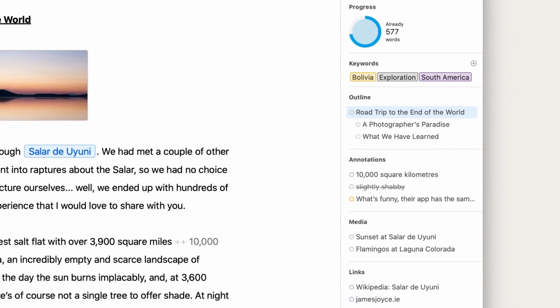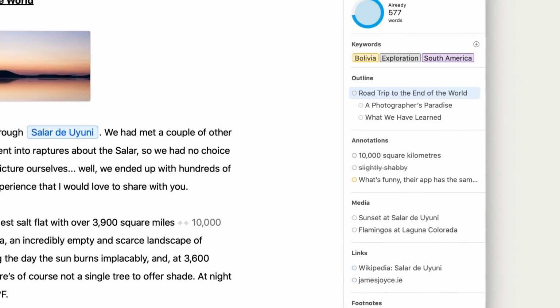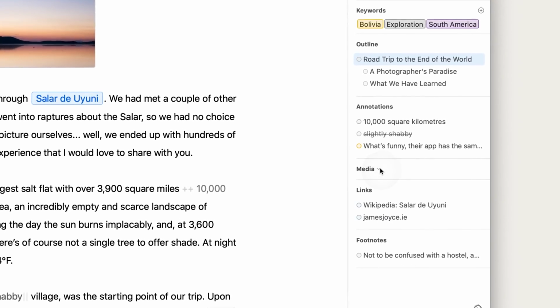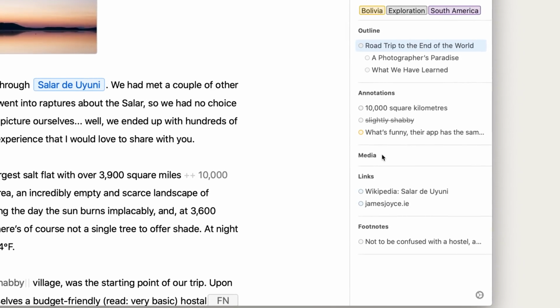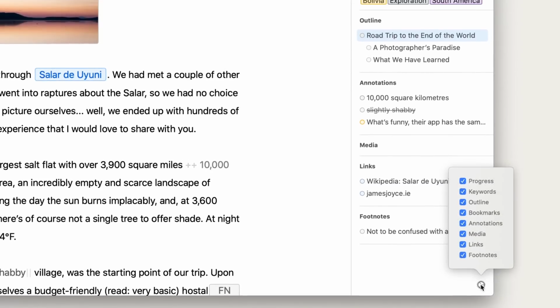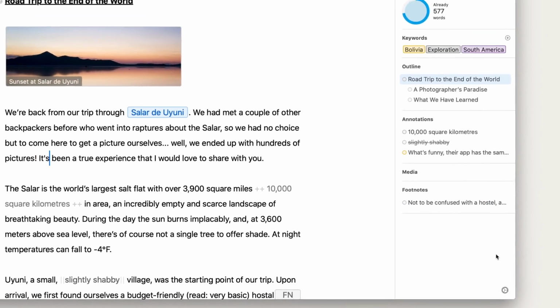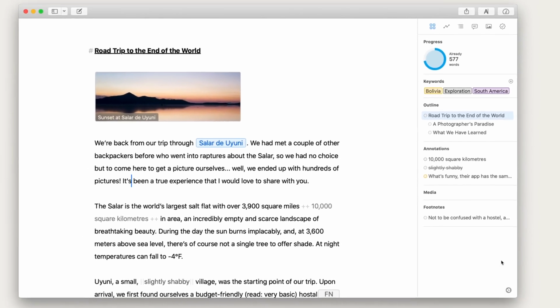Here, you can have it all, or hide it all if you're more of a minimalist. Don't need a specific section at the moment? Simply collapse it. Don't need a specific section at all? Make it disappear. After all, it's your overview. And that's it, the dashboard to your writing in Ulysses.